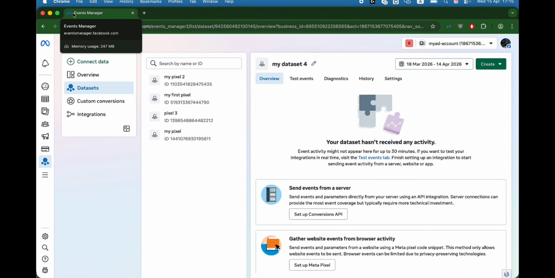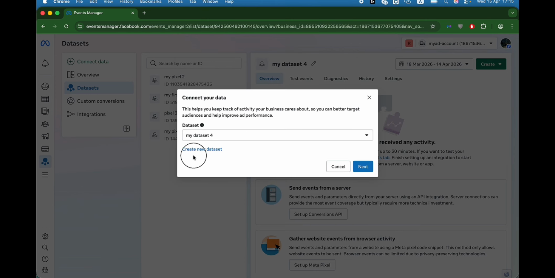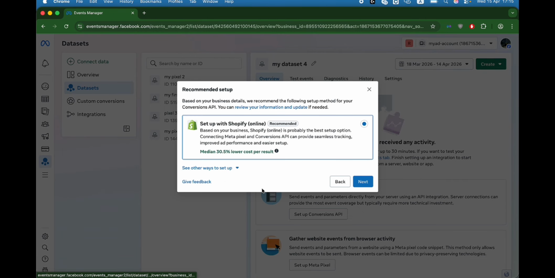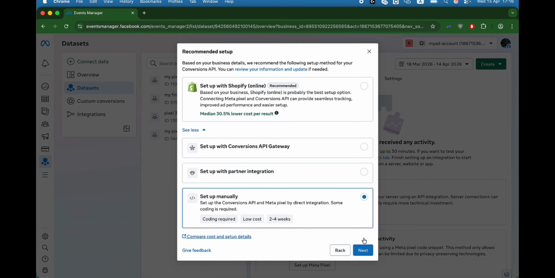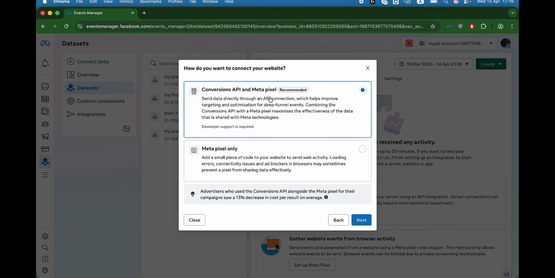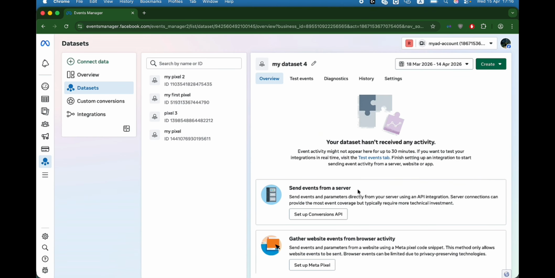Actually, in your event manager, connect data, web, next, create new dataset, my pixel for Shopify. Next, create. Setup manager. This is the best option. Conversion API, finish,